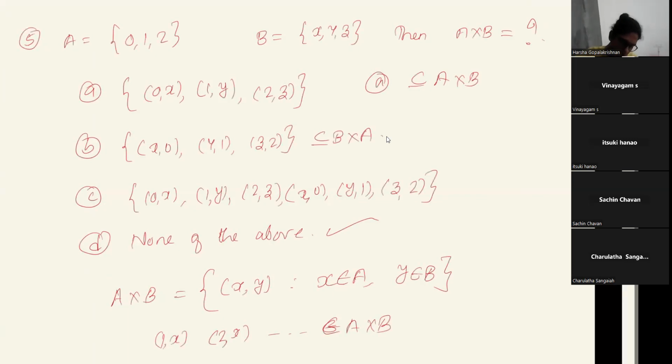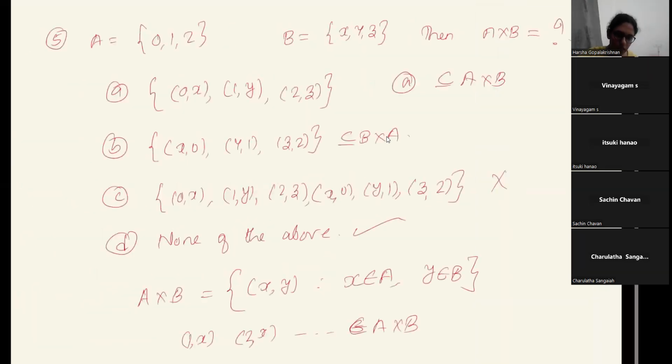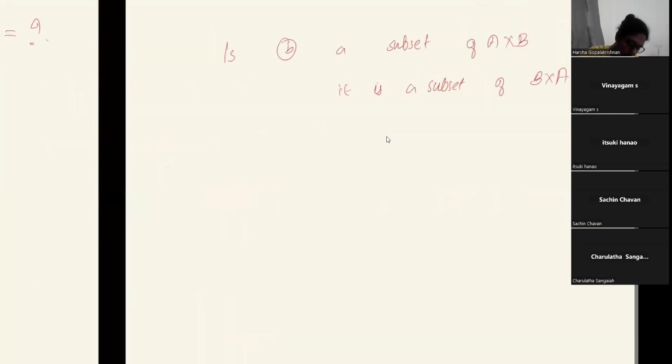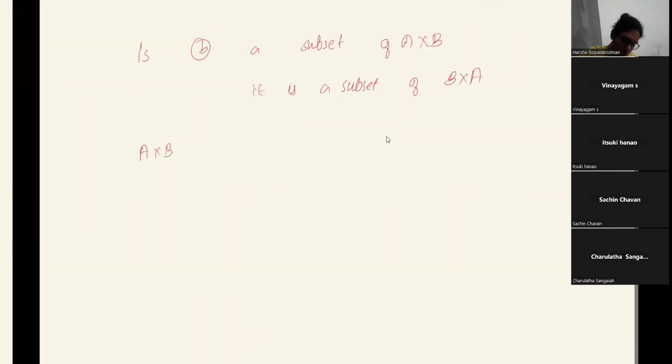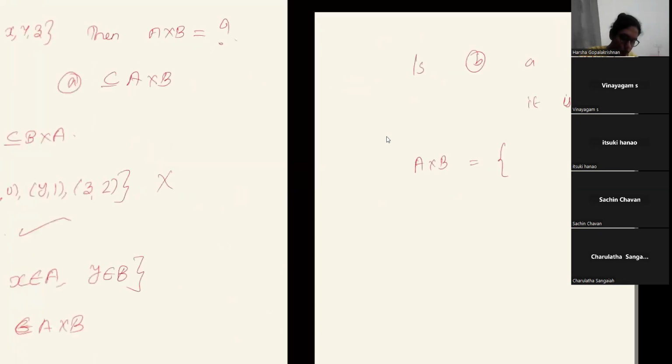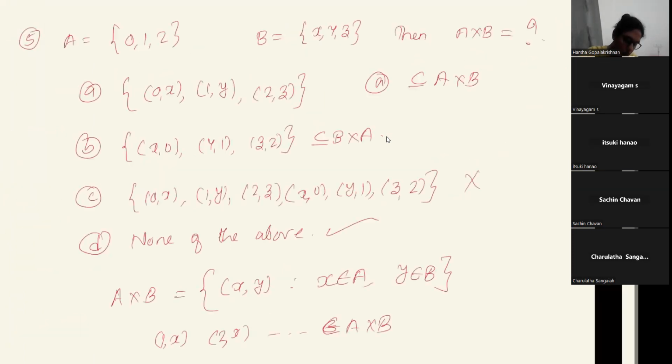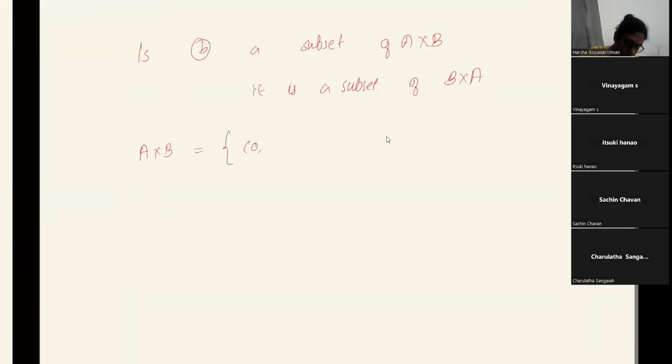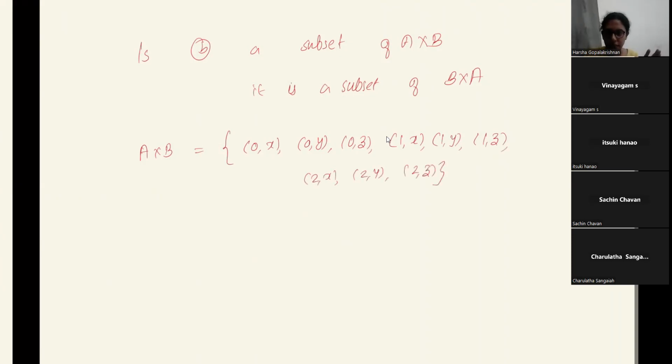Now C is also not the correct answer. So what is A cross B? A cross B will be, so A is 0, 1, 2 and B is x, y, z. So it should list all elements like that: 0x, 0y, 0z, 1x, 1y, 1z, 2x, 2y, and 2z. So we should take all possible pairs from A